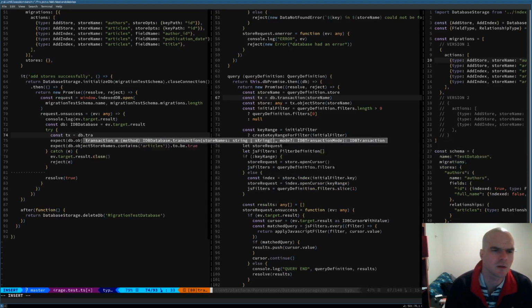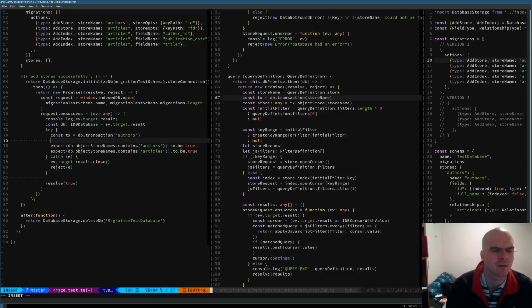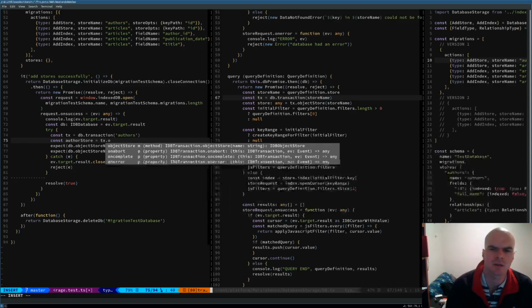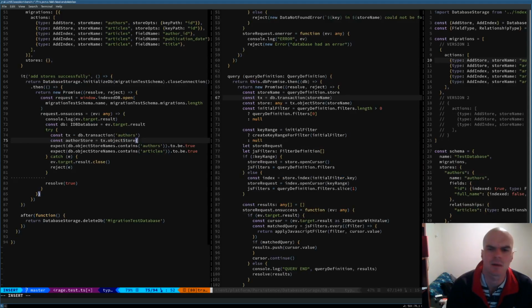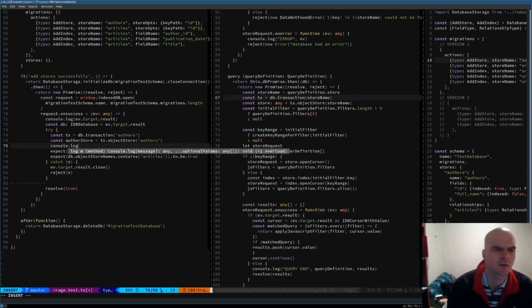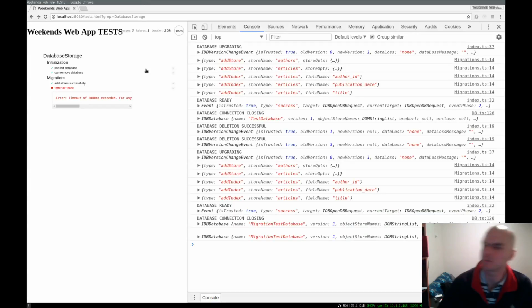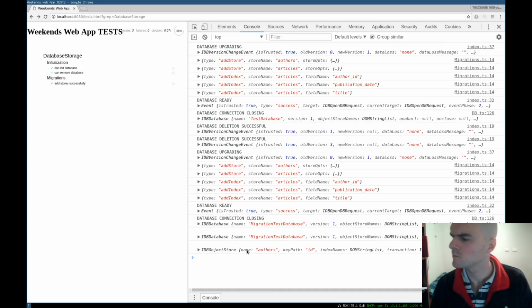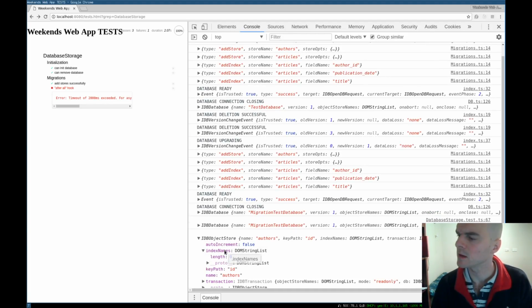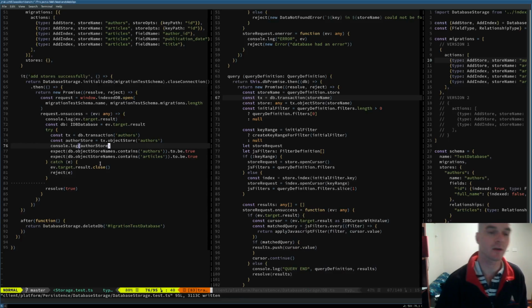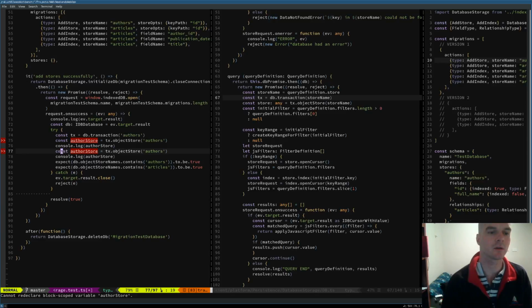So we'll create a db.transaction, and we'll call it authors. And we'll go const authorStore equals tx.objectStore authors. And I'll just do a console log on authorStore and see how much information we get with that. So we get our list of index names. We don't got one because authors don't have one, but I reckon if we did the same with articles,